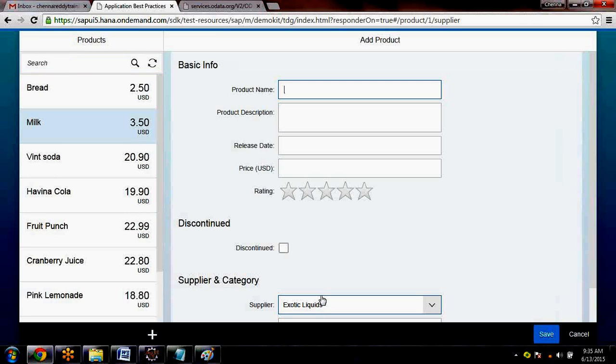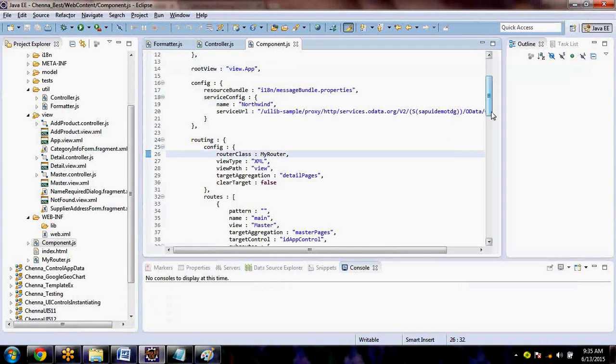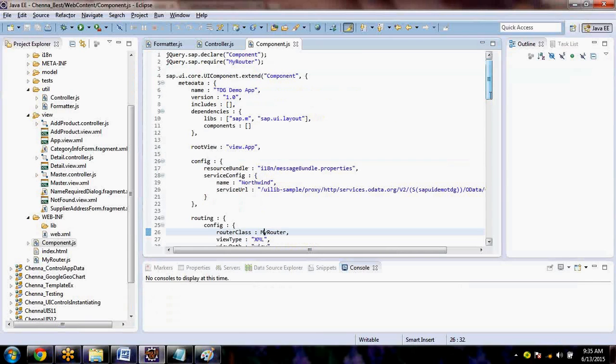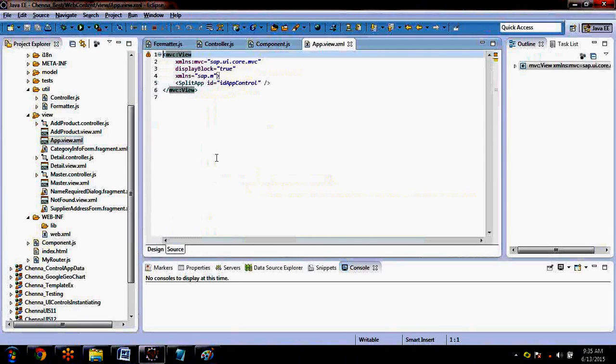So inside the application, which is the root view? App view. So if you look here, from the component.js we are instantiating or accessing the app view. That's why there is an app view. And remember that this is a root view